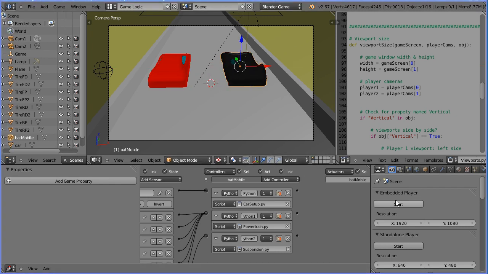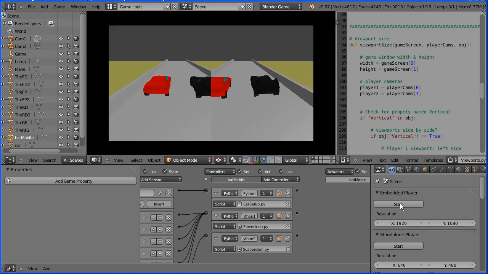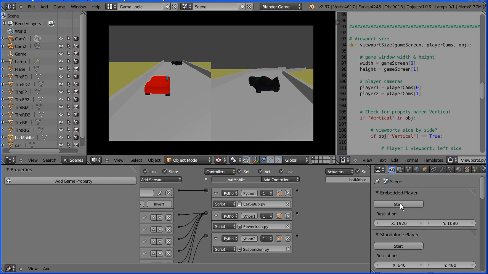That's the end of the tutorial. I'll put the start file, the end file and the script file for you to download at my website